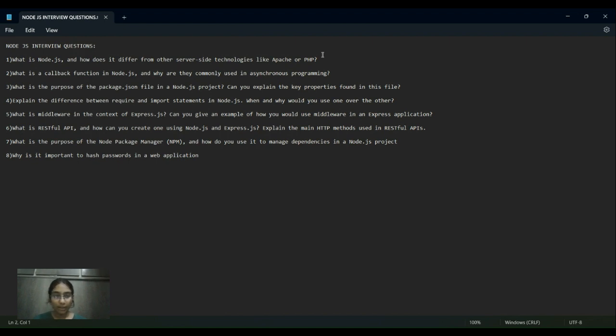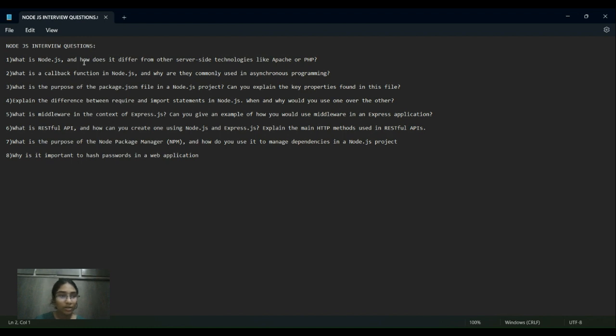It is also event driven and non-blocking, because it can handle a large number of concurrent connections. We can also make use of npm APIs, and it is cross platform, that is, it can be used on Windows, Mac, or Linux. So it differs widely in terms of performance and its applications.